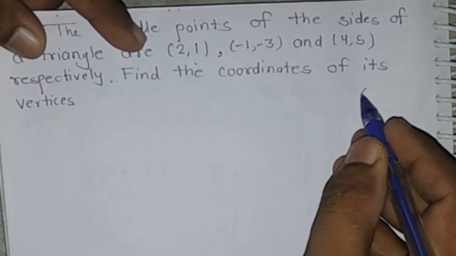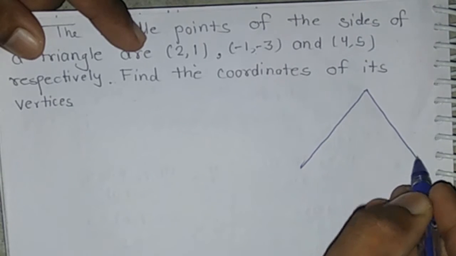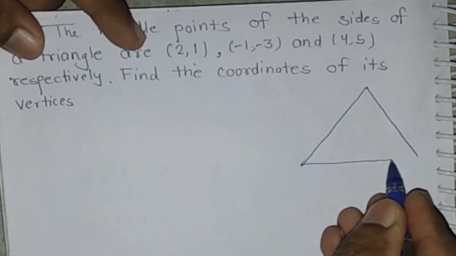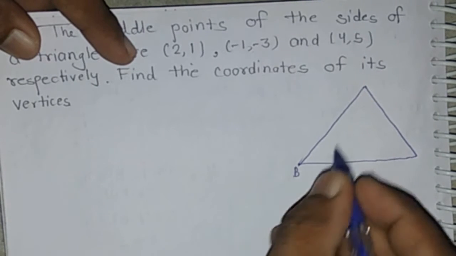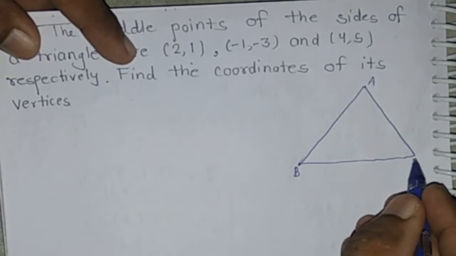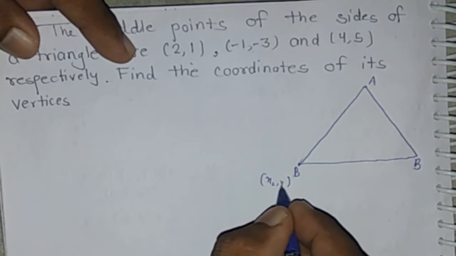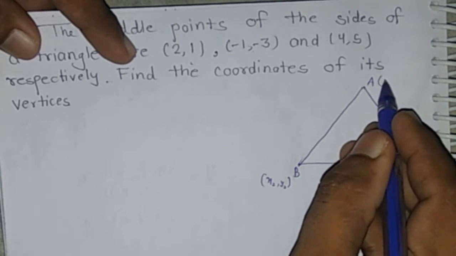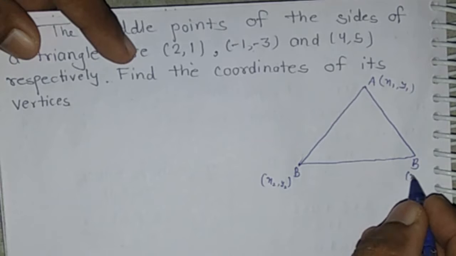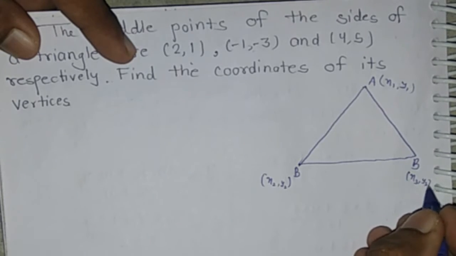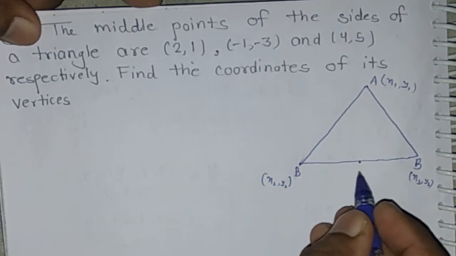Let triangle ABC and its vertices be (x2, y2), (x1, y1) and (x3, y3), and the midpoints of the sides are (2, 1),